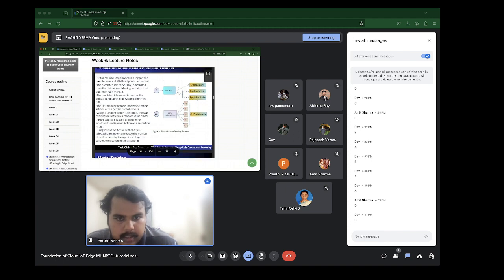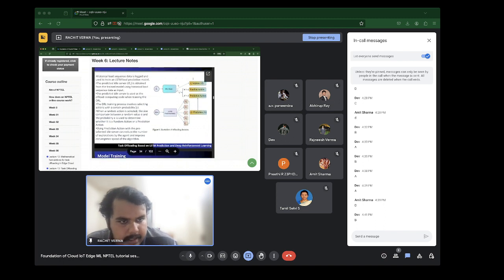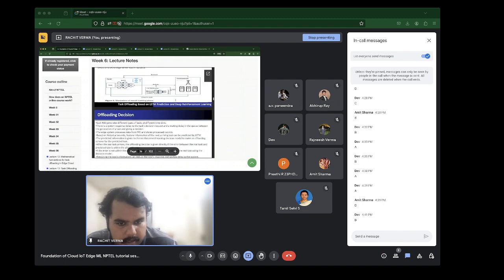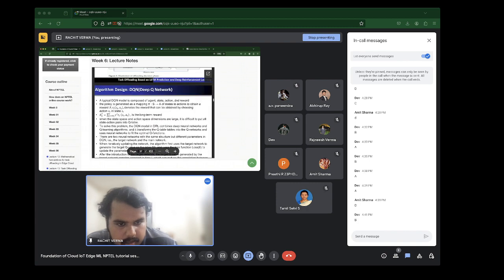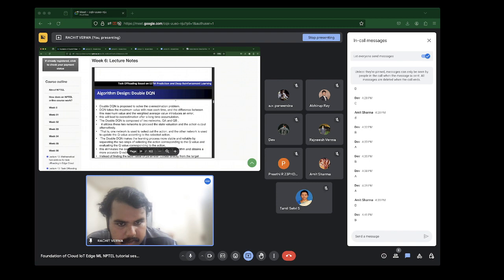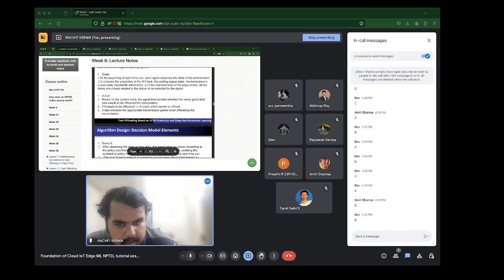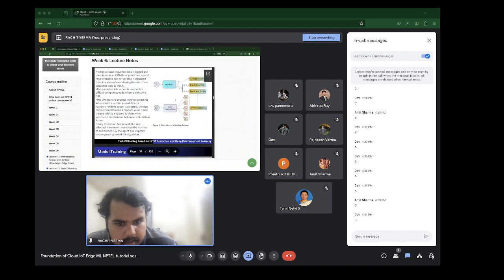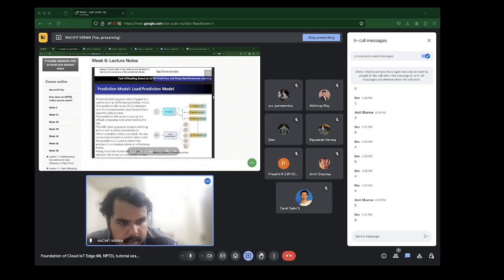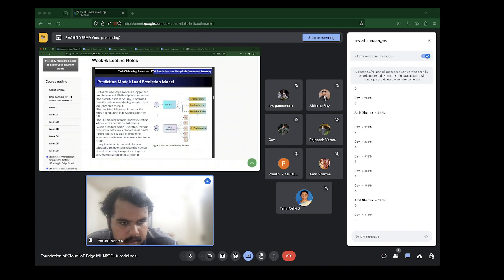The DRL training process involves selecting actions with a certain probability epsilon. The size comparison between a random value sigma and the probability epsilon is used to determine whether it's a random action or a predicted action.